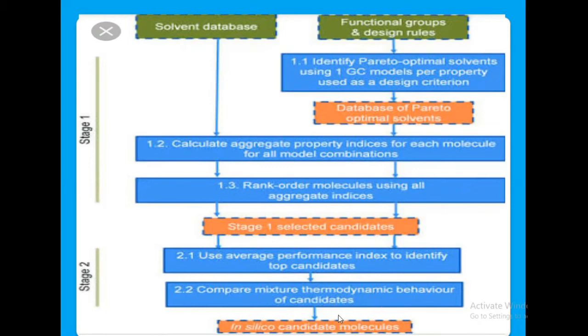Then finally you take that particular structure alone and put it in the computer-aided drug design software, the in silico method. You can analyze it. Bioinformatic tools are used in in silico designing. So from that you are going to design the structure of the molecule.